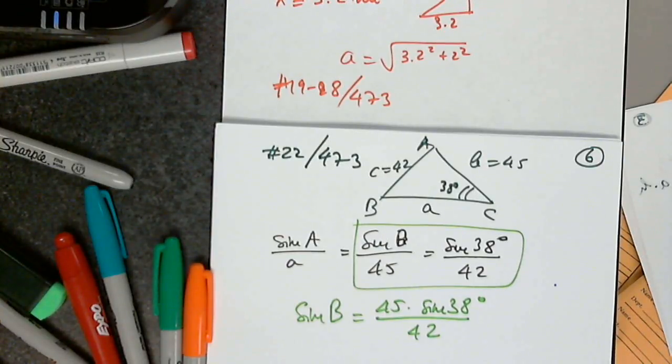I put everything in the calculator at once, in one step. So let's do that. 45, because it's a product, I'm okay, it's safe. So sine 38 divided by 42. And I got 0.6596. Exactly. And I recommend using it on the whole thing. I don't really need you to write sine B if you don't want to, or you can approximate it, but apply sine inverse to the previous answer. You will have the tiniest error possible. So sine,